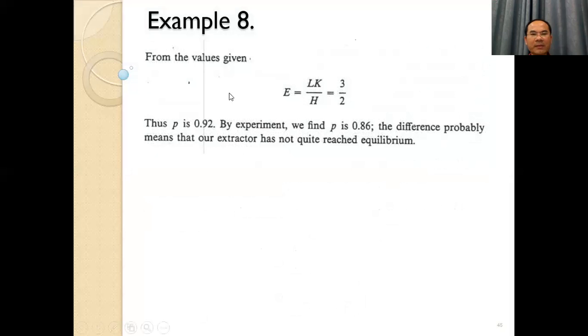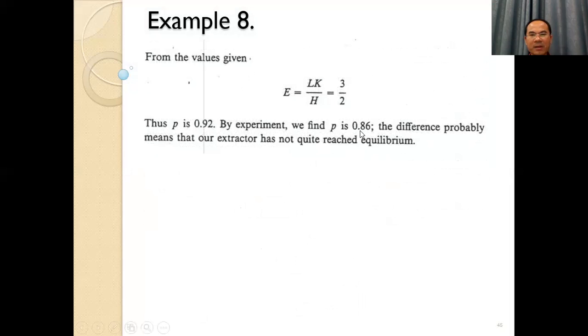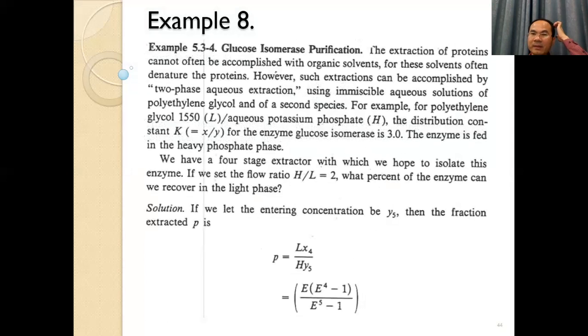And then for the value of E equal to Lk divided by S equal to 3 over 2, you substitute E. In this case, you can calculate P is about 0.686. That means 86% that we can recover. We can recover protein by using the two-phase aqueous solution, like polyethylene glycol and aqueous potassium